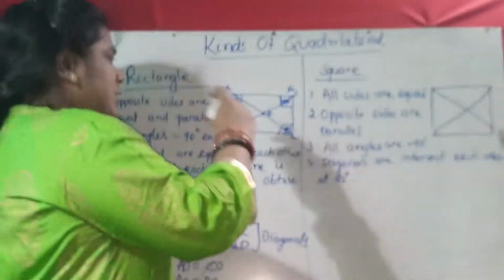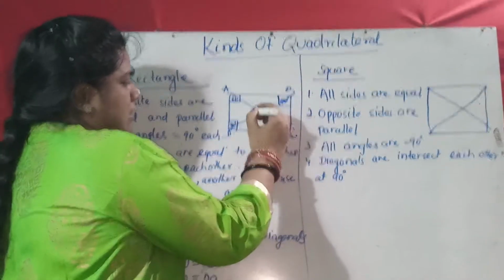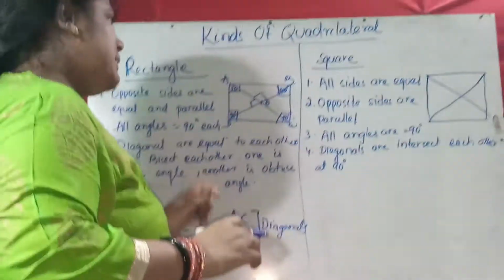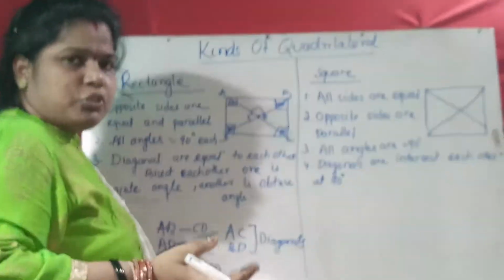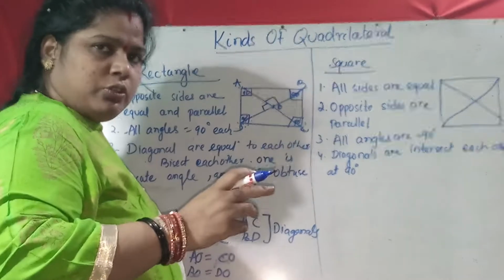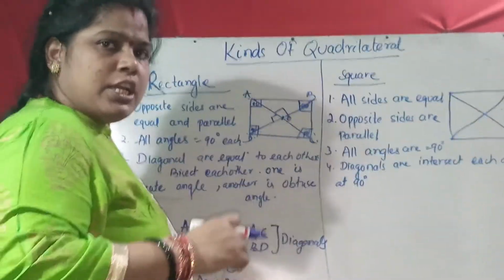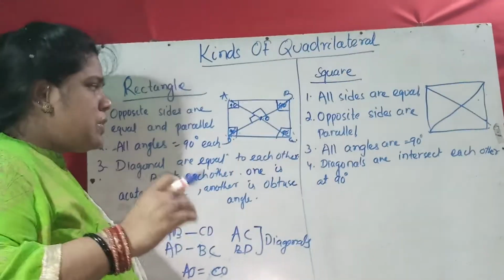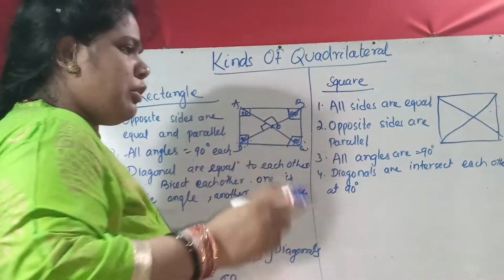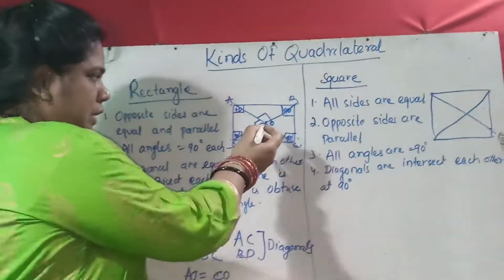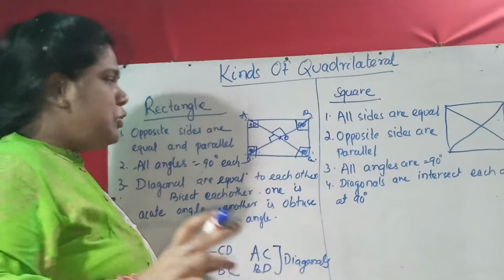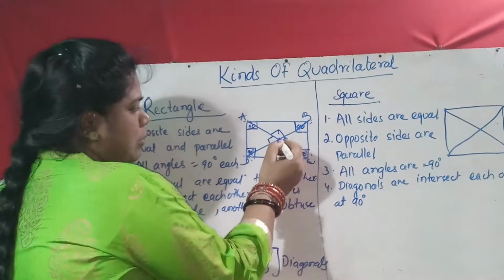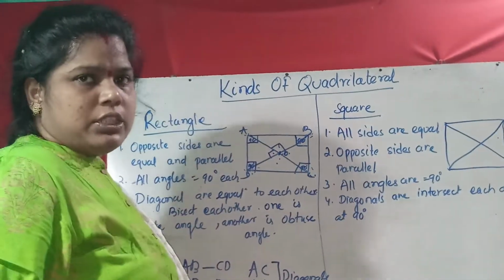And also what angles do they form? One is an obtuse angle, one is an acute angle. At the center they form an obtuse angle and an acute angle. What is an acute angle? More than 0 and less than 90. An obtuse angle is more than 90 and less than 180. So at the center the diagonals create two acute angles and two obtuse angles, and since the diagonals intersect each other, the opposite angles are also equal to each other.